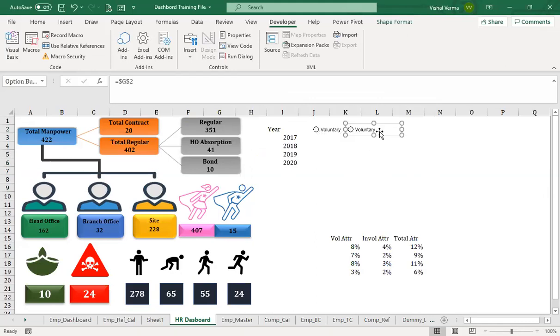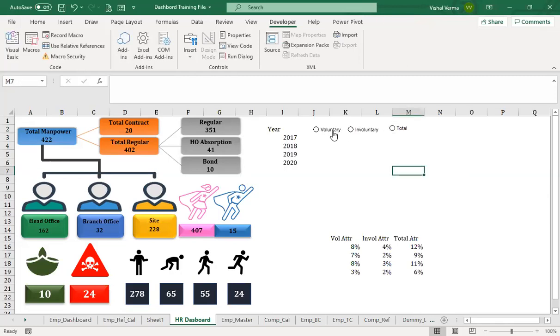So we have got voluntary, involuntary, and then we have total.